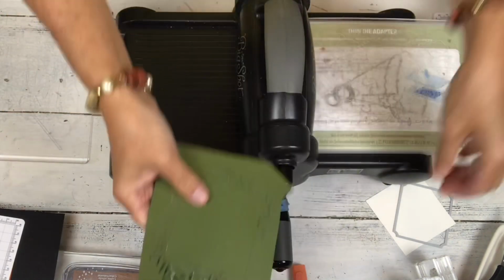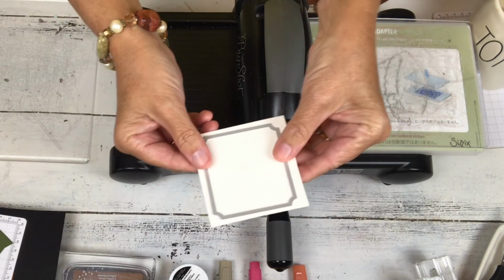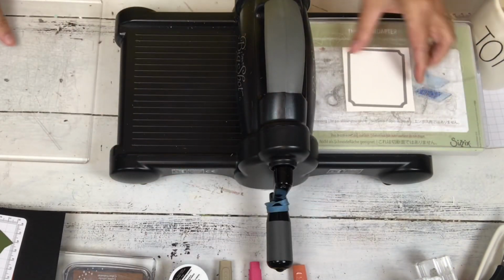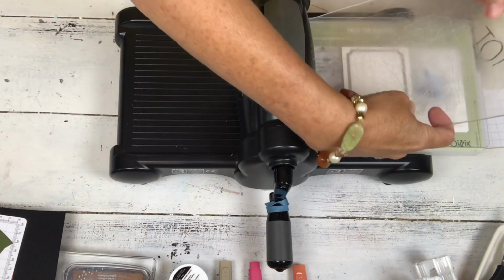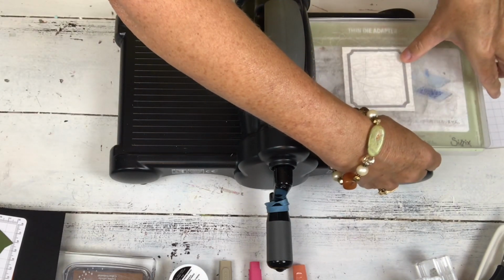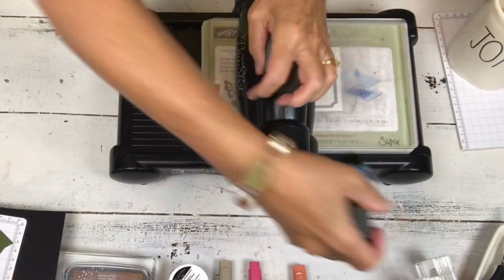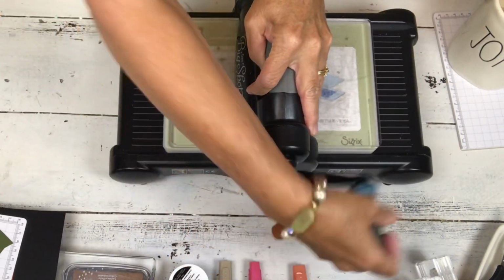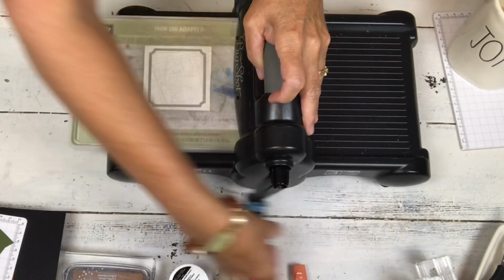So now I can tell that's all nice and cut out. And then I have a piece of Shimmer White, and I'm going to do this center frame with this. It just takes 1 pass. She also did have her frame in the middle, because since she was doing so many cards, she just went ahead and put that in there. She didn't use it on her swaps. But because of the sheer number she was making, it saved